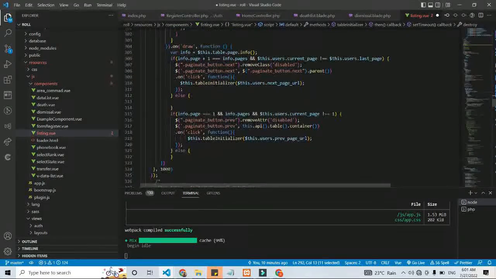So the same way I have done for the next, I did for the previous also. So this means that, okay, if the current page is equals to 1 and the pages is equals to 1 and, okay, sorry, this is not supposed to be there. If the current page is equals to 1, so now if current page is equals to 1, which means